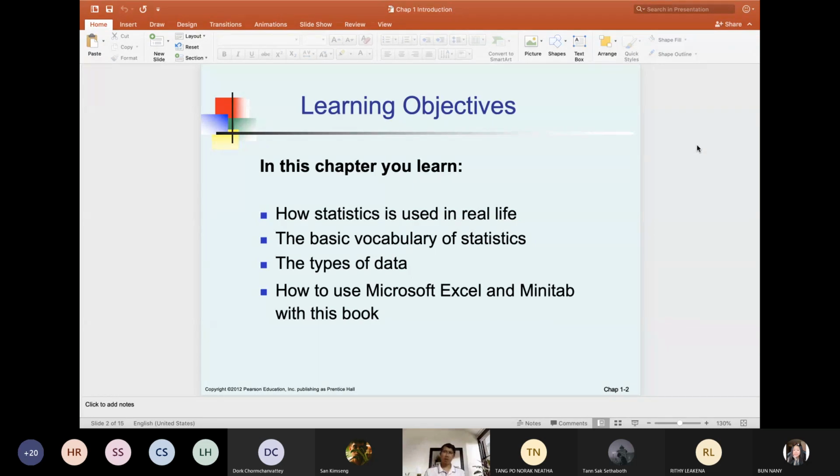Okay, so most of you came up with what I expected. And so let's move to the next slide. This is the objective of why we have to learn statistics. We're going to know how statistics is used in real life, and we're going to learn basic terms or keywords used in statistics, and also deal with some types of data. Of course, data is the objective of statistics. So you're going to know how many types of data there are, and lastly,